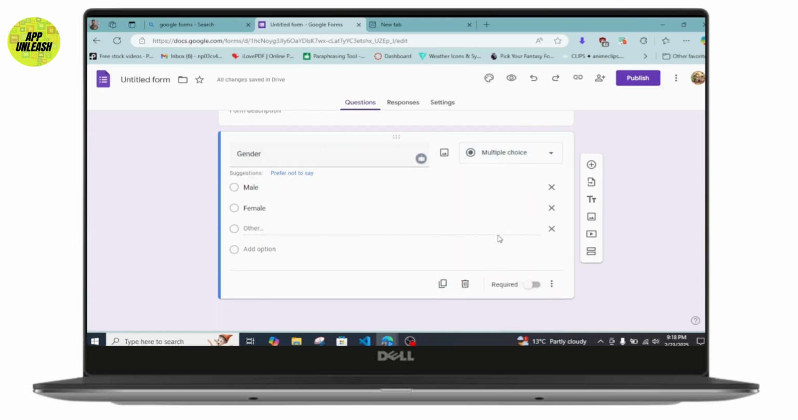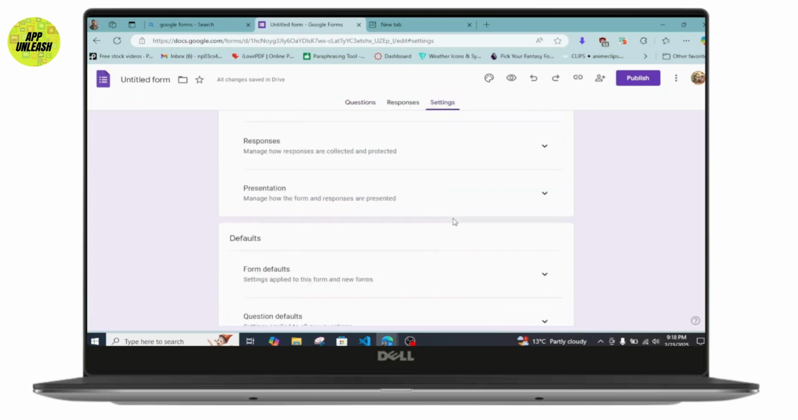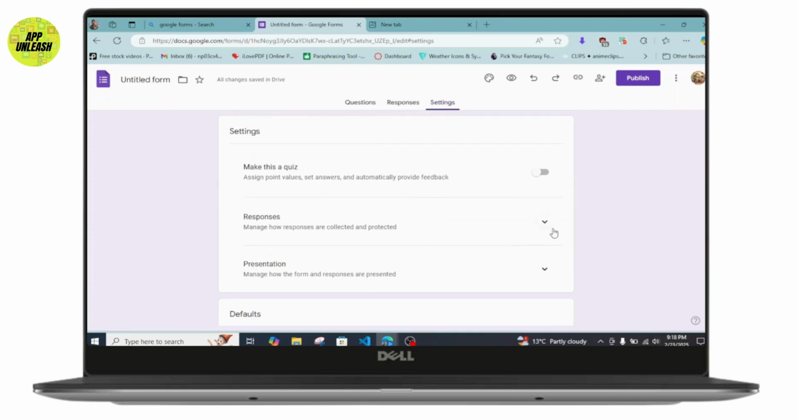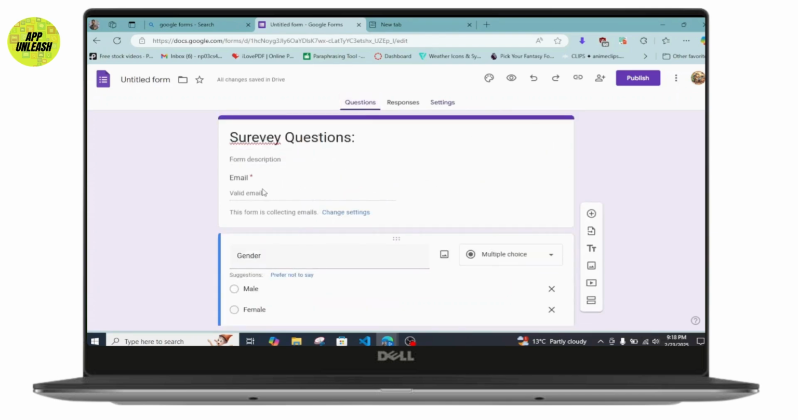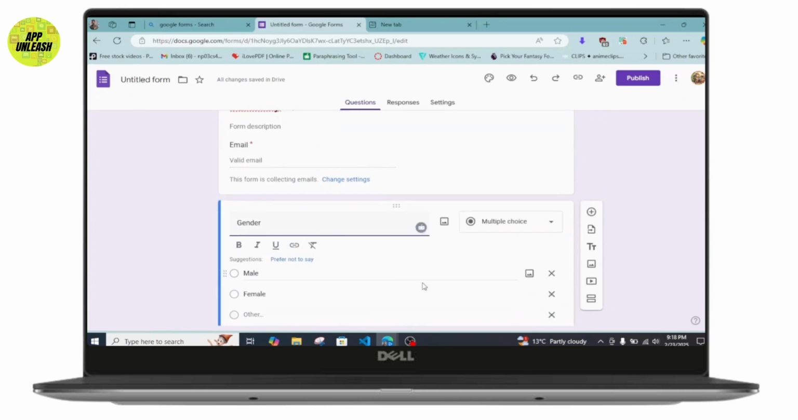You can also enable the Required option so that this question is compulsory to fill, so that users don't skip the questions. It's by default required for some, but if it's not, you can enable it from over here. You can also make the email mandatory by heading over to Settings, and from Responses, just click on this Responder input option, which will automatically add the input over here, which means the email is compulsory for the user participating in this